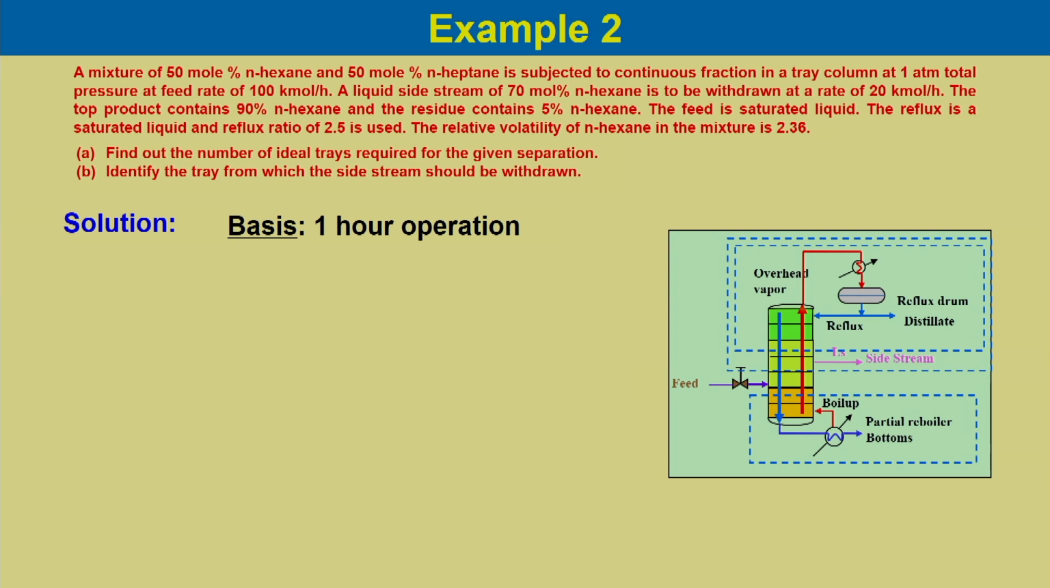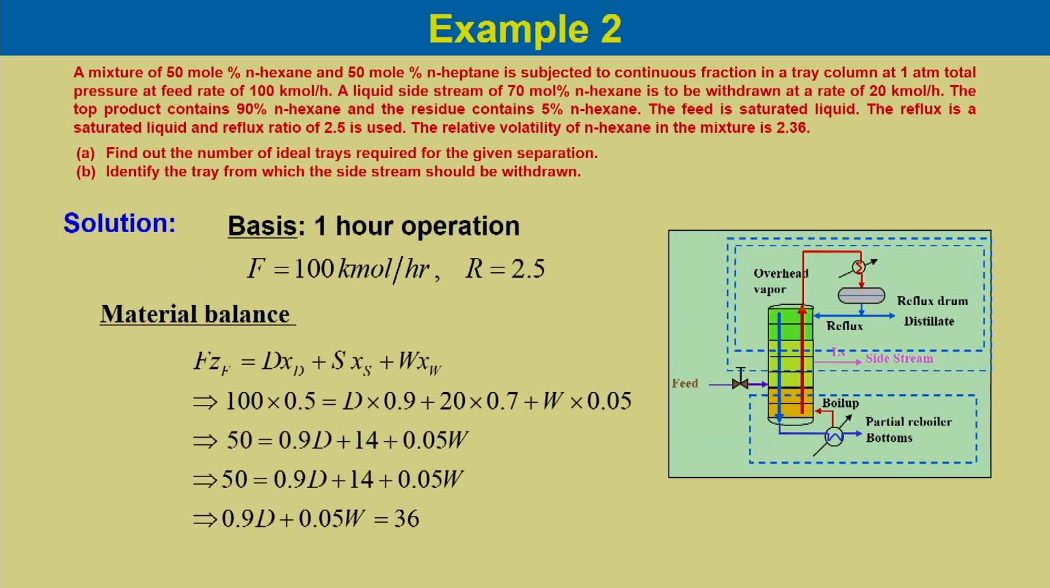So, basis is 1 hour operation, and we have feed flow rate of 100 kilomole per hour, the reflux ratio is 2.5. Now, if we do the species mole balance, it would be F ZF equal to D xD plus S xS plus W xW. The feed contains 50 mole percent n-hexane, so it is 0.5 into 100 into 0.5, and D into 0.9,